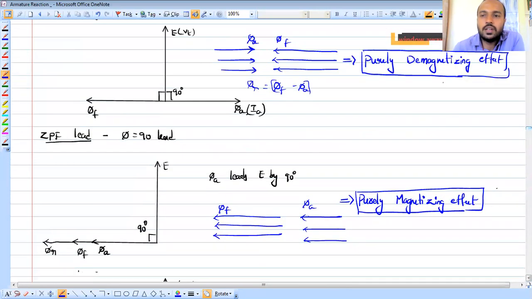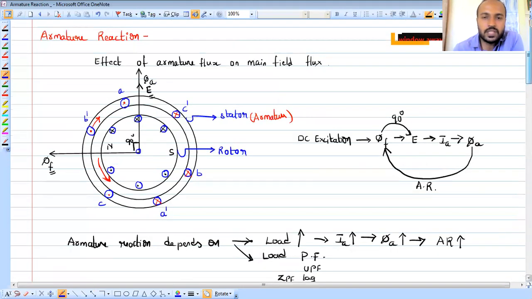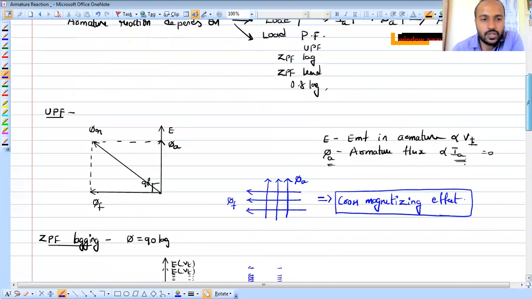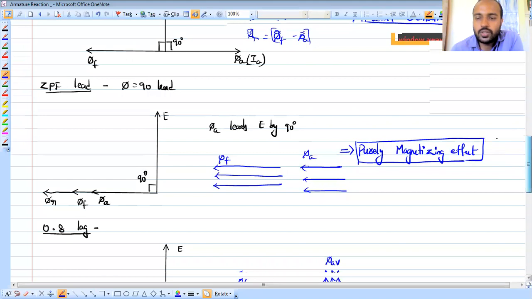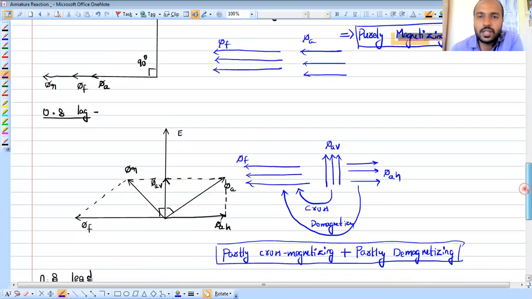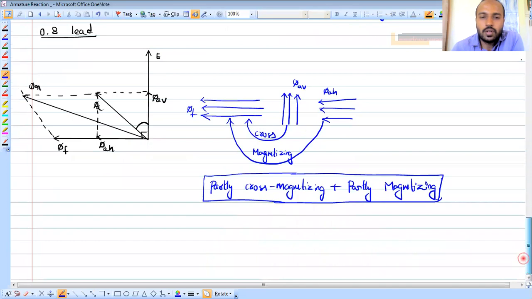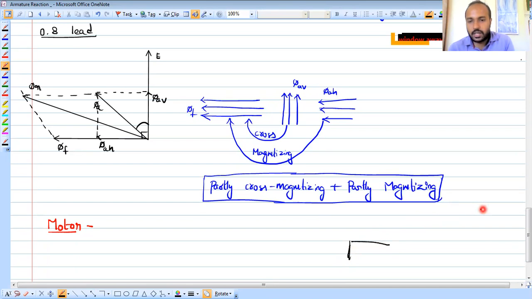Up to now we have seen for generator, right? This is for generator. What we discussed here, it is a generating action. So for this generator, based on different loads, unity power factor and ZPF lagging, leading, the effect of armature reaction is varying. Right? Now let us see for motor also. For the case of motor, in the case of motor, we need to get a mechanical output, right? In case of generator,